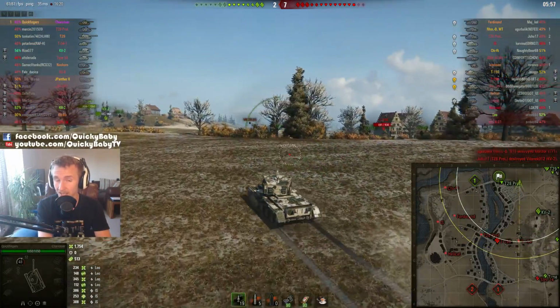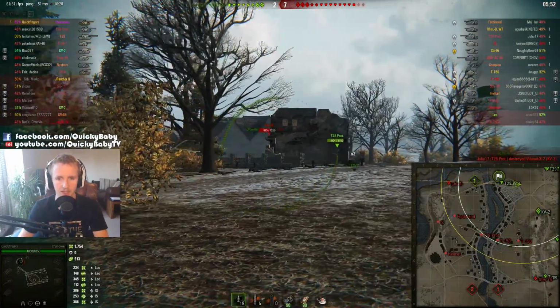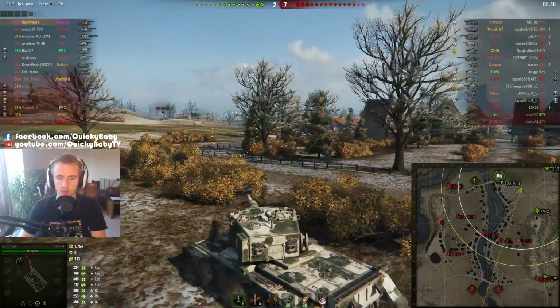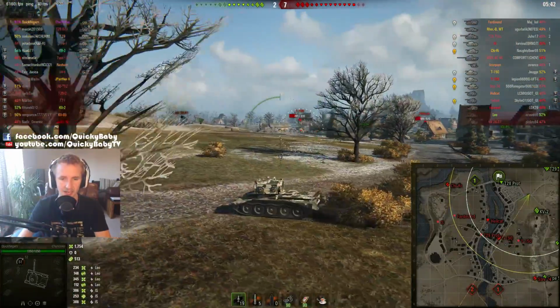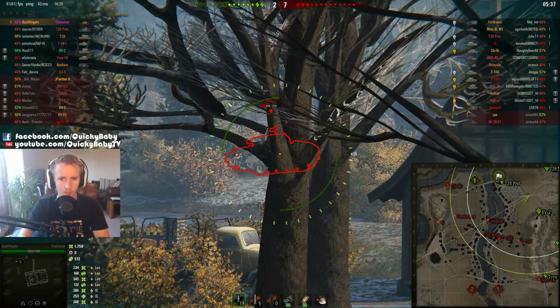I definitely know it is the case for experience, but I'm not sure so much for the credits and the damage that you deal. And that isn't a very efficient way to play if you are trying to maximize your experience to either train your crews, to unlock new modules, or alternatively if you're just trying to work your way up towards the next tank. And so by spotting, and also the fact that you have to rely on your allies, which sometimes you just